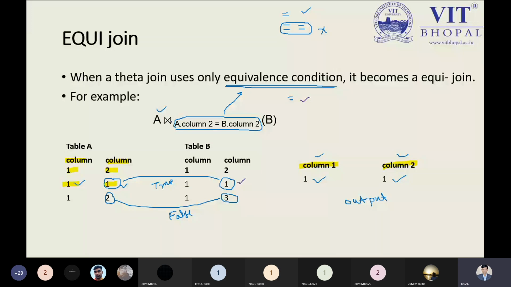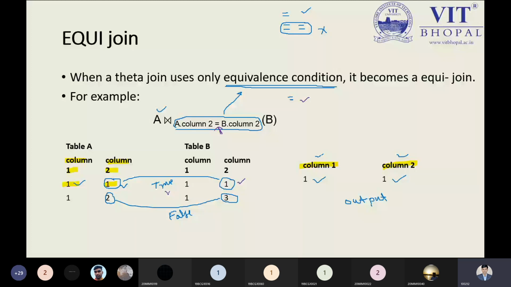So what is going to be the syntax? A equijoin, and we have to use the symbol. This is the point I am highlighting, marking with the arrow symbol. This is the equal symbol we are using, the equalization condition. If it is matching, then the record or the information will be displayed over here. So column 2 from relation A and column 2 from relation B will match if it is satisfying the condition. Of course, it is satisfying.